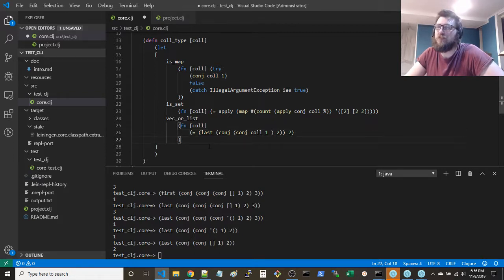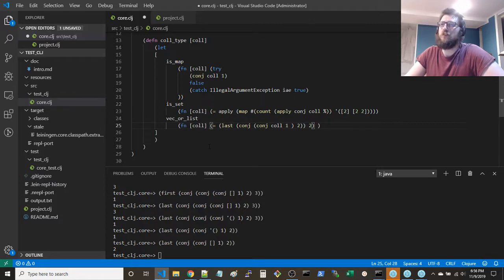That means this is a vector. If it's not true, that means it's a list. True is vector, false is list. Done. Okay, so what do we do? We say a bunch of if-else statements here.